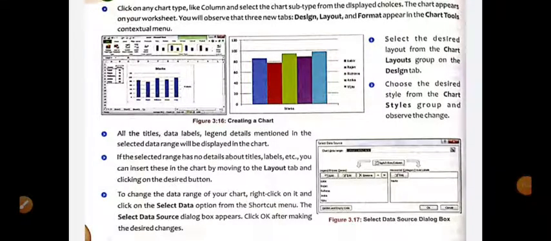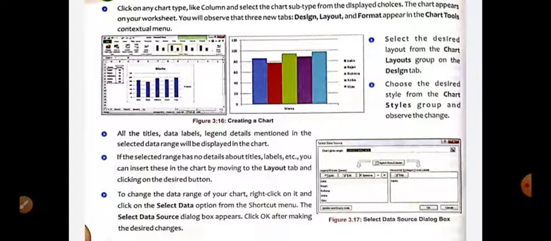Click on any chart type like column and select the chart subtype from the displayed choices. The chart appears on your worksheet. You will observe that three new tabs, design, layout and format, appear in the chart tools contextual menu. Now select the desired layout from the chart layout group on the design tab.